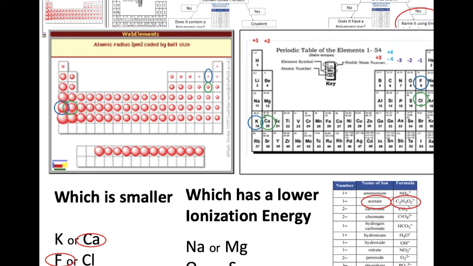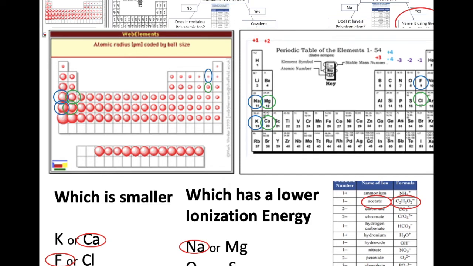So now we want to look at which has a lower ionization energy, sodium or magnesium. See them here on the periodic table of elements. You can see their atomic radius. Now for ionization energy, it gets bigger the further up and to the right, in the upper corner of the periodic table you go. Since sodium is further to the left on the periodic table, it must mean it has a